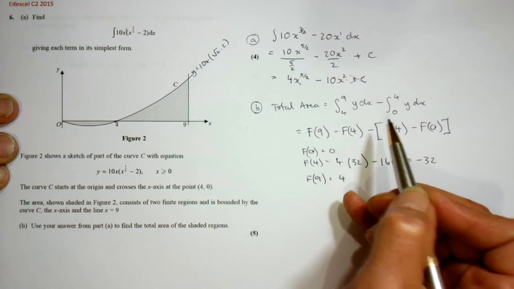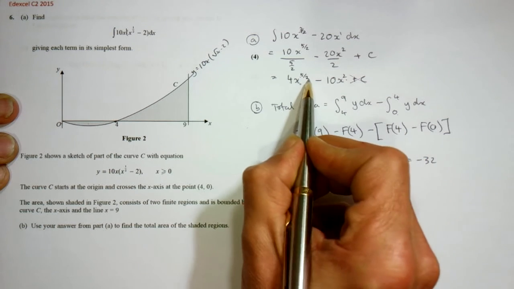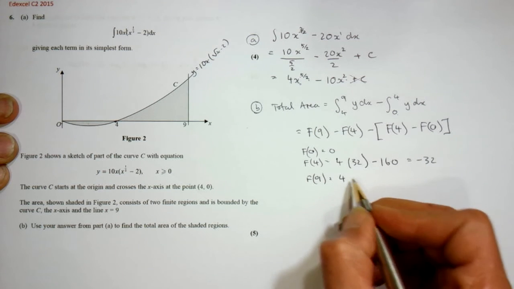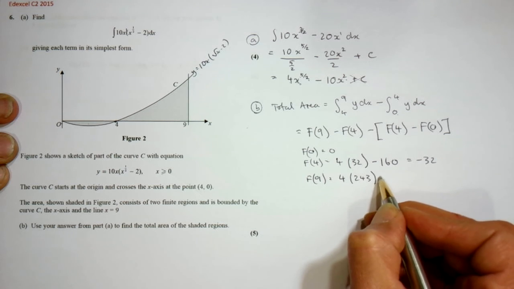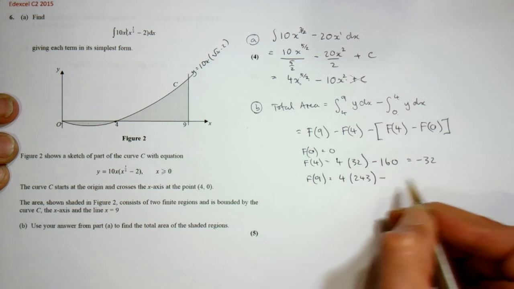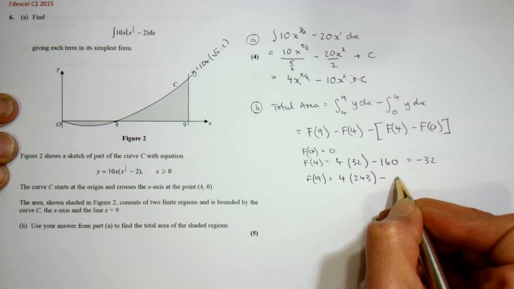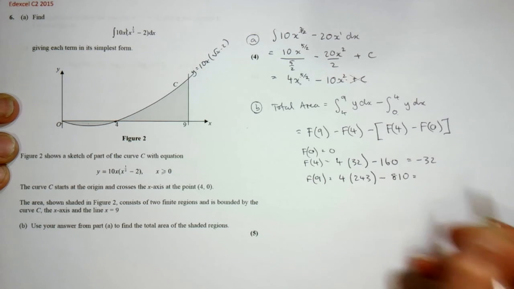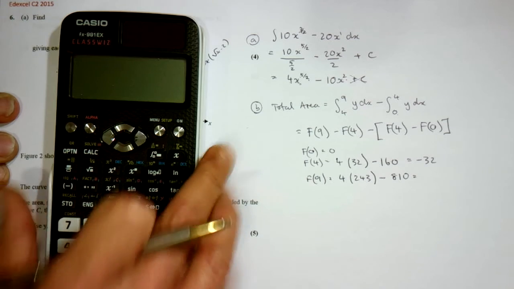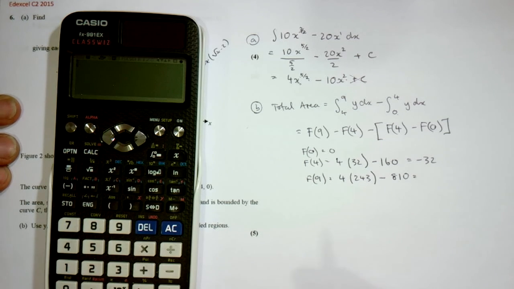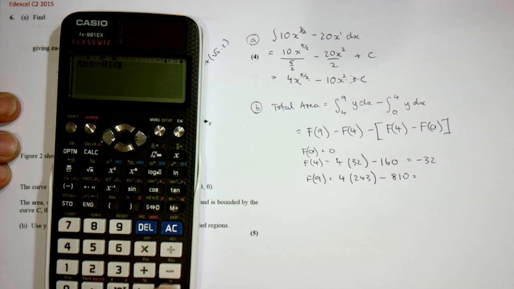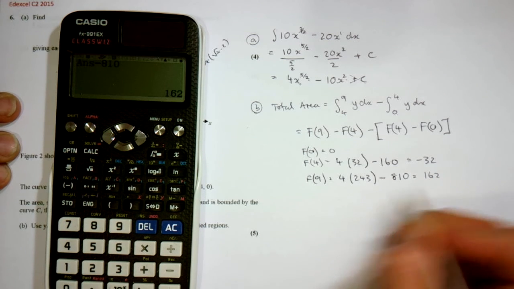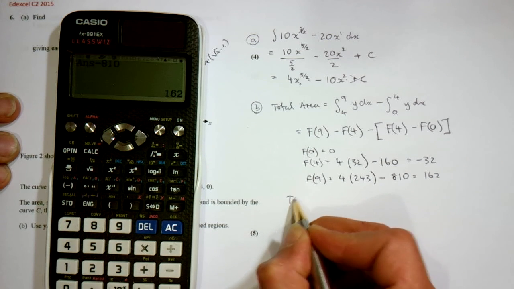9 to the 5 over 2 is 9 to the power of a half, which is 3, and 3 to the power of 5 is 243, and we're going to take away 10 times 9 squared, which is 810, and that's equal to, so 4 243s, it's rather too complicated for my little brain. 4 times 243 is 972, take away 810, it's 162, so the total area